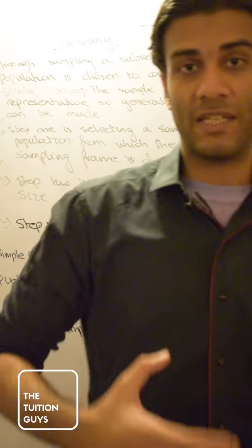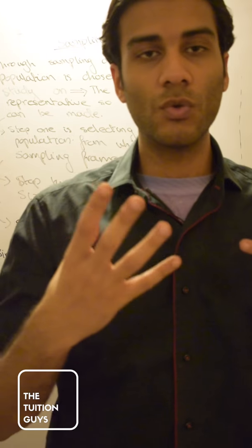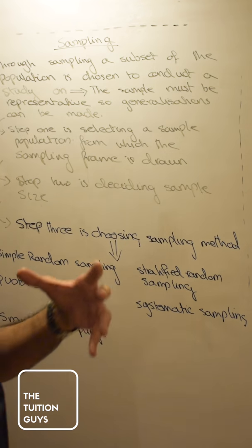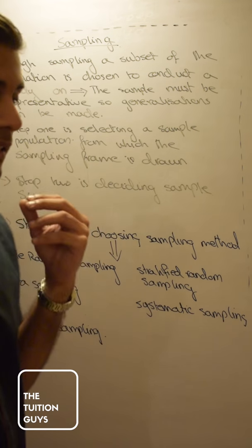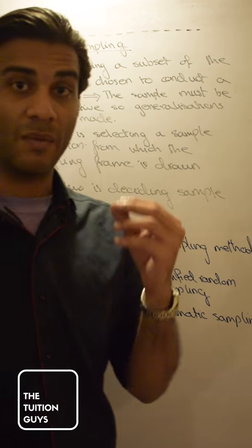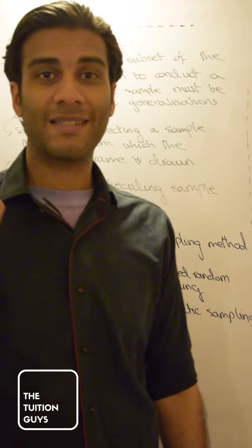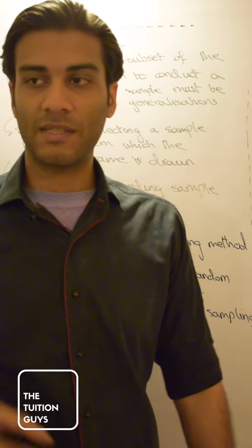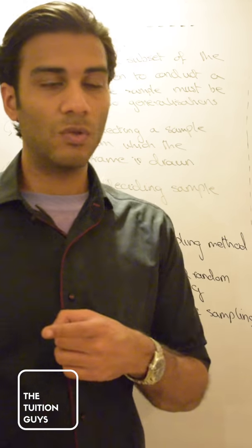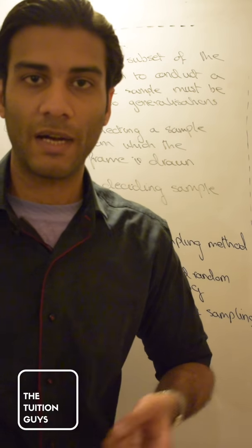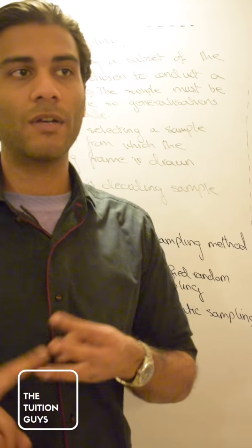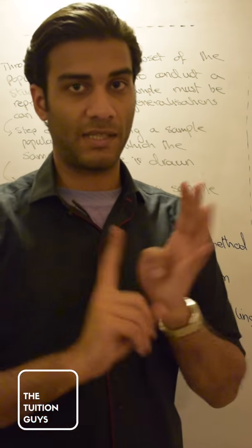So what is sampling? Sampling is when you basically choose a subset of the total population to base your study on. And with a sample, the key thing you look for is that it has to be representative. By representative, what I mean is that the sample has to have characteristics of everyone in the population of that particular society. You have to pick people with a particular ethnic background, a particular income background, a particular occupational background, and an even distribution of sex in there as well.